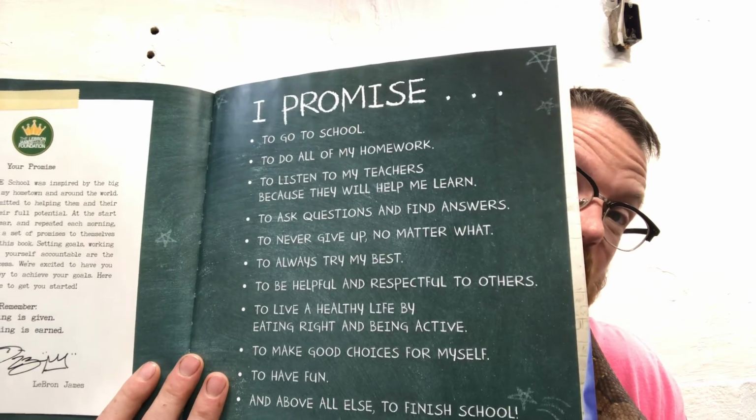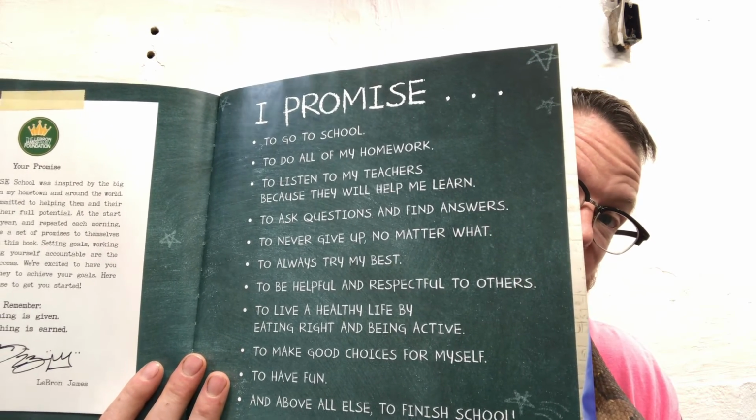And these would be things that would be good for each one of us to follow each day. And this book is awesome because it's telling you that winning isn't everything. I know sometimes people think you have to constantly win, but you can't ever grow if you only win. You can learn from your losses. You can learn from making mistakes. And that's all part of life, and you can't put too much pressure on yourself to always want to be winning or being the best. There's nothing wrong with striving to be the best and always working hard. But you also have to remember you have to be able to grow and you have to be humble in all those experiences. So this awesome book teaches us that,